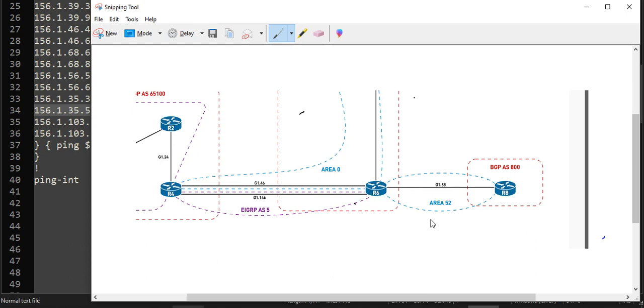Okay, now this is off. Let's check on off. Okay, if R4 distributes EIGRP into OSPF first,